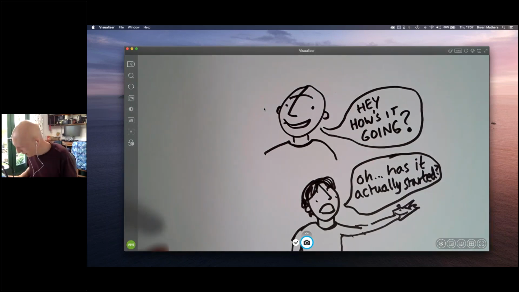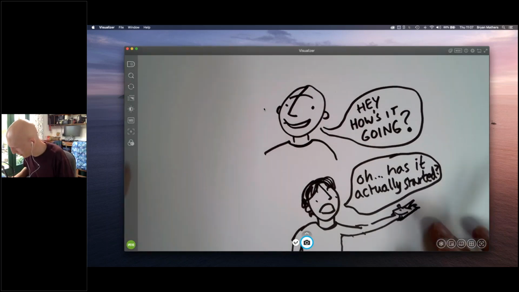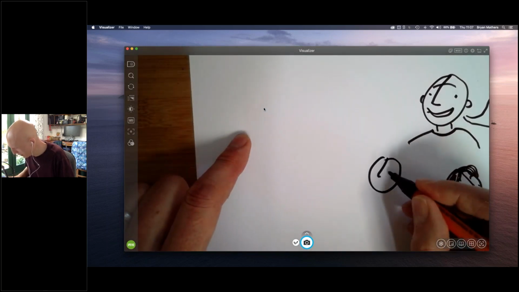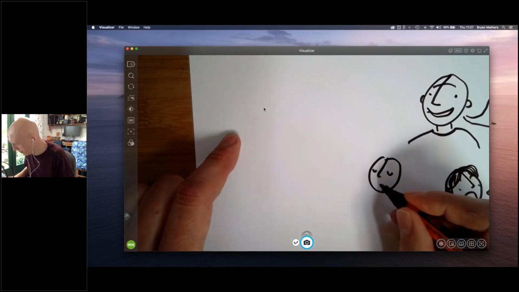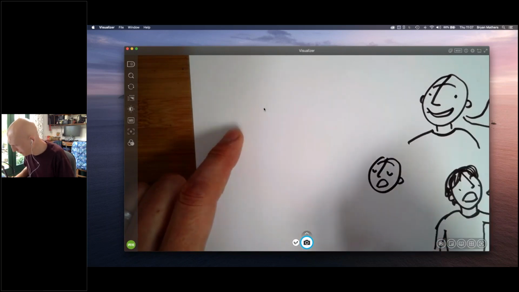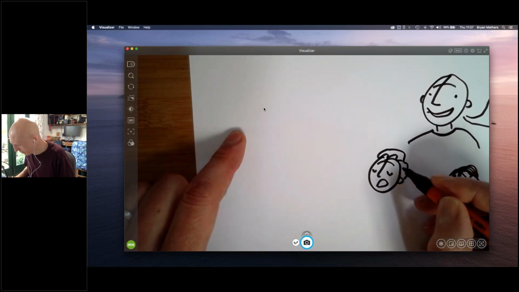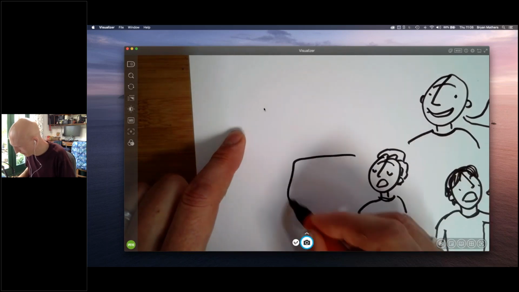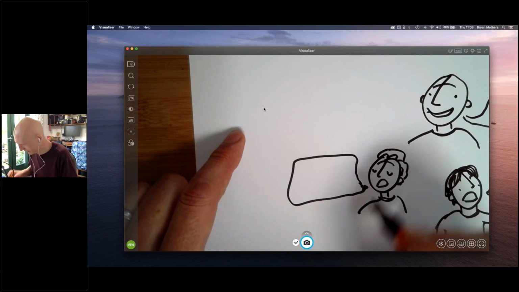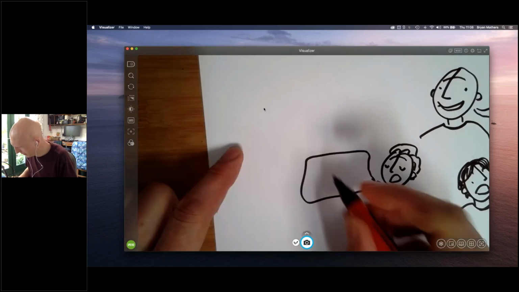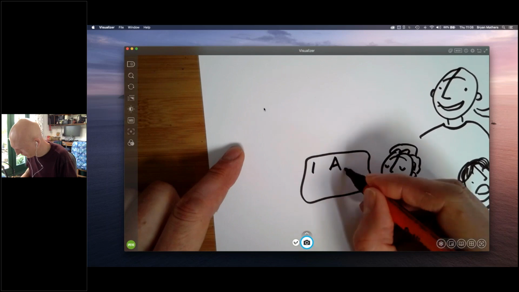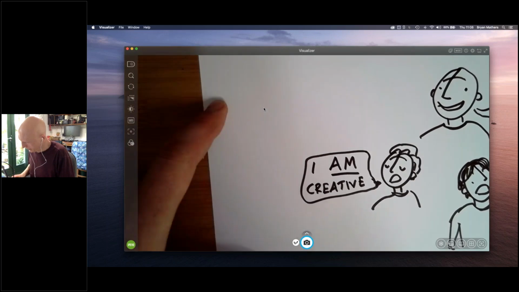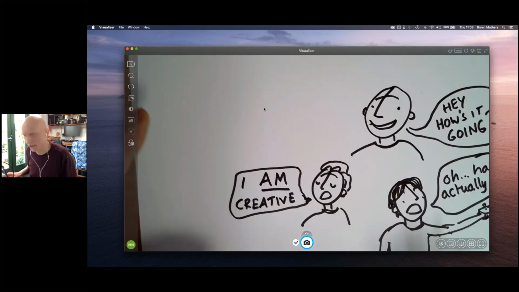Anyway, just drawing a little, and you'll find that if you start to think about just how many different faces can you draw, and what sort of expressions you can add. So here's somebody saying something, maybe they're being a little bit, eyebrows raised, a little bit arrogant. Oh, I don't know what they're saying. Maybe they're saying, I am creative. And I think that's a really great place to start